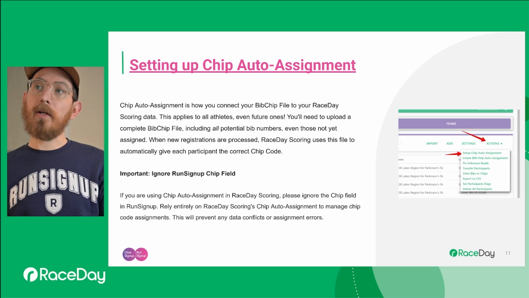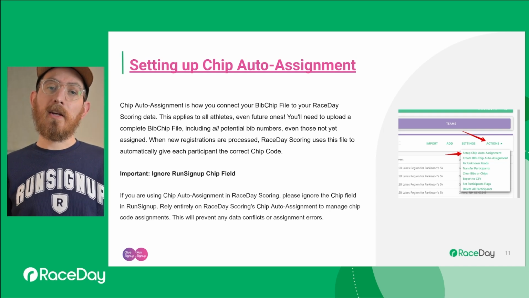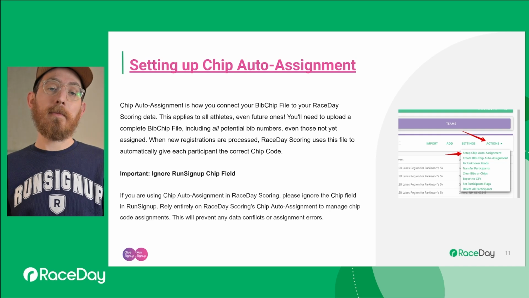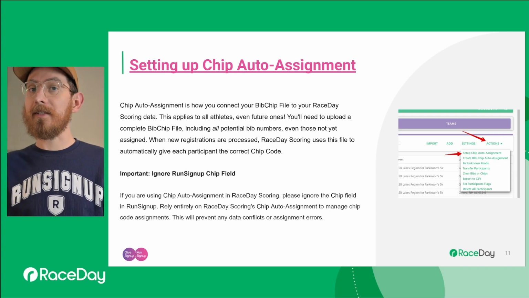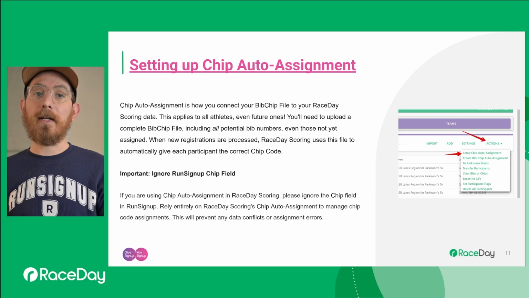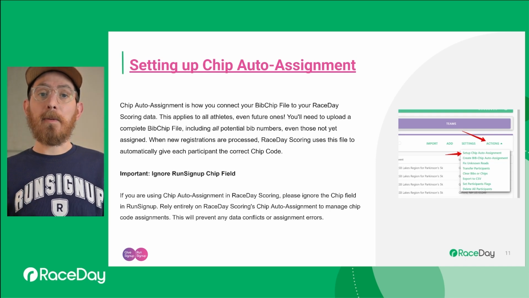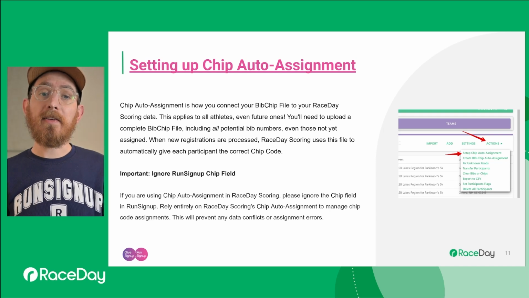Let RaceDay scoring do its thing, and basically what you want to do is import your CSV of all of the chip assignments that will happen for this race. So typically timers will upkeep a chip cross-reference file of all of their bib numbers they know they have transponders for, and if one gets lost, they'll substitute it in. But the big thing that you have to make sure you do here is provide a bib chip cross-reference for every single one in the race, even those who have not